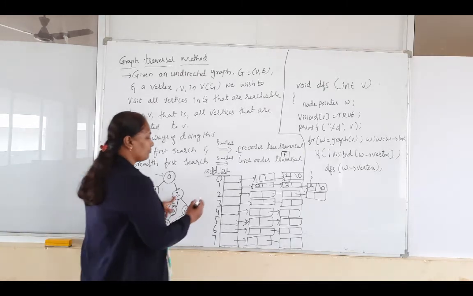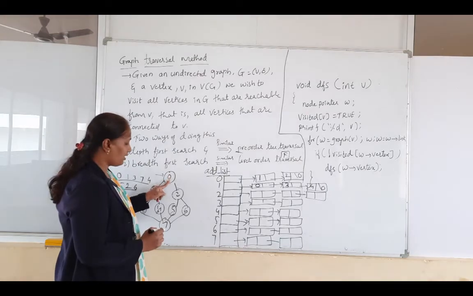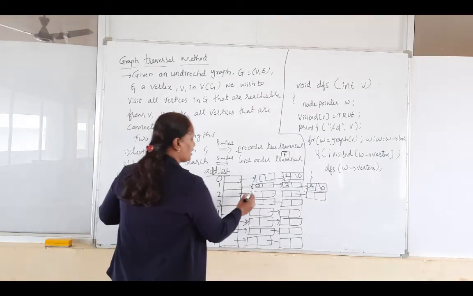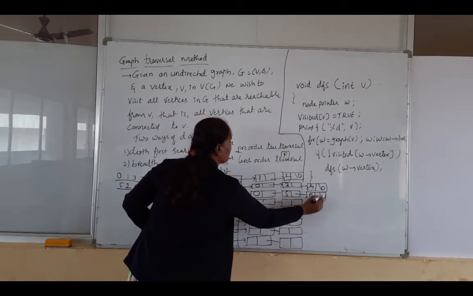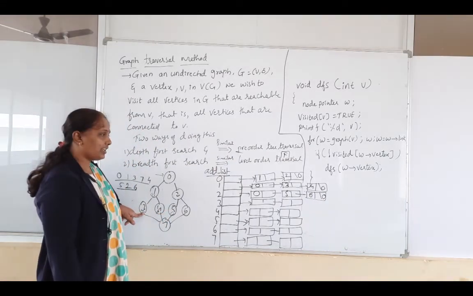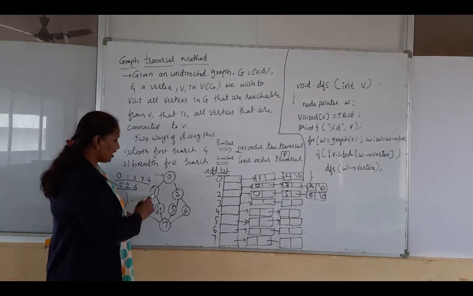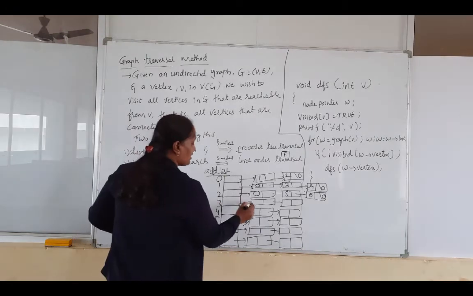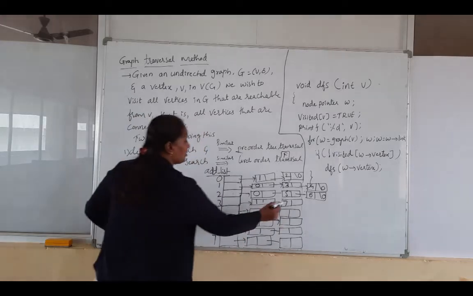Okay. So here from 2 I can reach 0, which is a connected vertex, 5 is a connected vertex, and 6 is a connected vertex of this 2. So I will write here 0, then 5, then 6. Okay. Next, third vertex adjacency list. So the third vertex is connected with what? 1. It is connected with 7. So the third vertex is connected with 1. It is connected with 7.